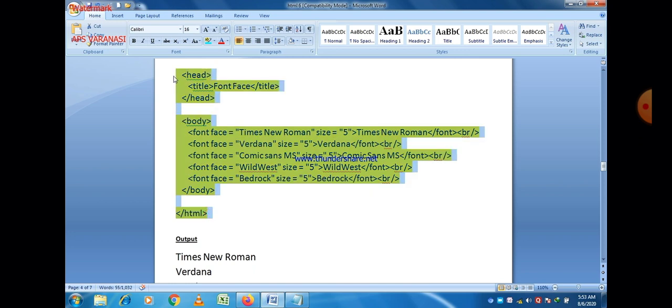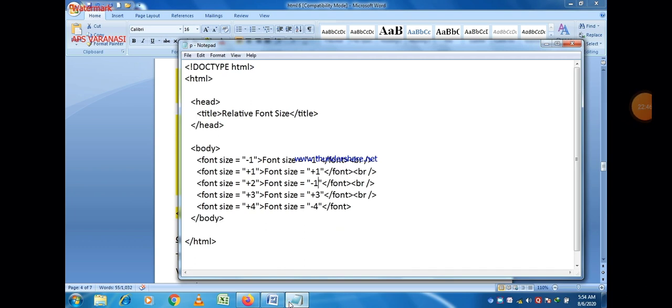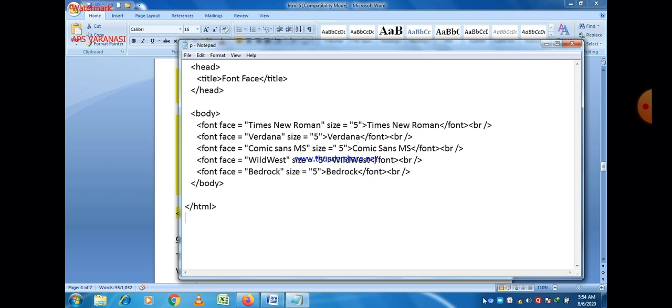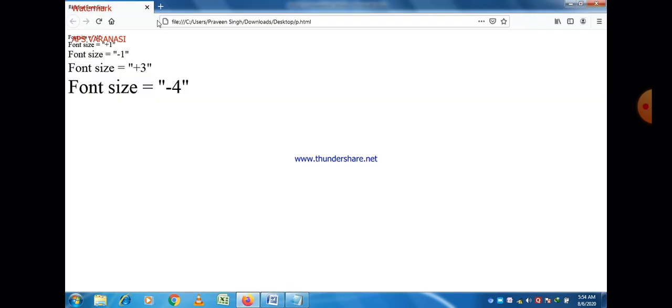Let us try to execute this program and see the different font face values. Save the program first, go to the web page, and you can easily see these are the different font face values given here.